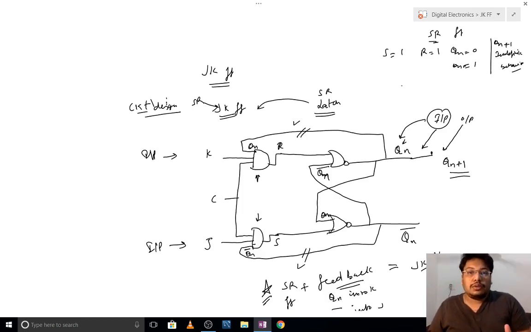So if you press set and reset at the same time, the machine will not know whether to put the output as 0 because reset is 1, or the output as 1 because set is 1. So it can be indefinite behavior.